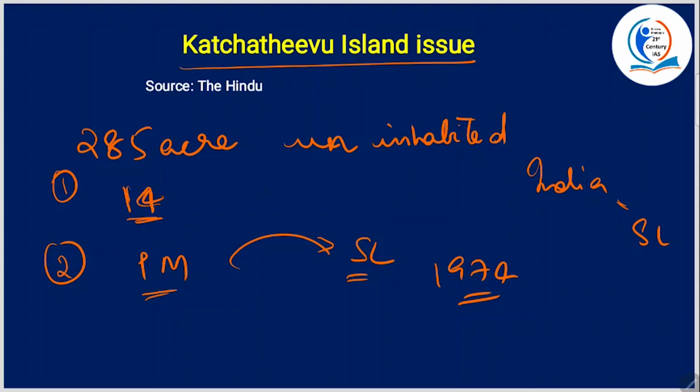Okay, so this happened in 1974, and in 1976 there was an agreement that was aiming at defining the maritime boundaries and exclusive economic zones of both the countries, while also imposing restrictions on fishing vessels and fishermen. So basically there is an issue with respect to fishing rights and the access it grants to fertile fishing grounds in the surrounding waters. All right.